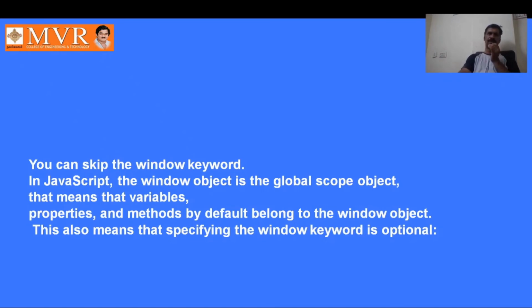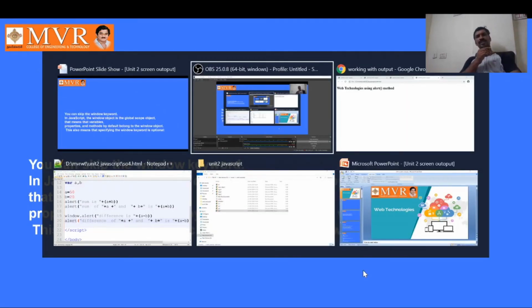That means that the variables, properties and methods by default belong to the window object. This also means that specifying the window keyword is optional. The window keyword is optional because window is an object, a global object.